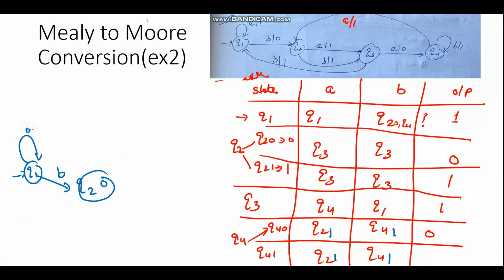For A. Now we have to explore Q2 0. For Q2 0, with A it is going to Q3 1. For B again it is going to Q3 1, as we can